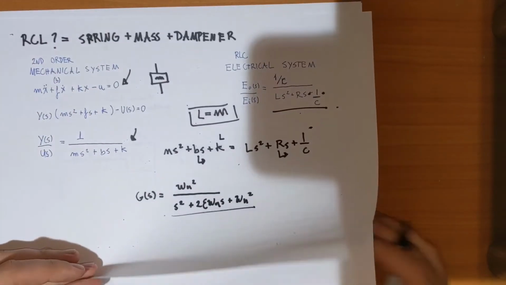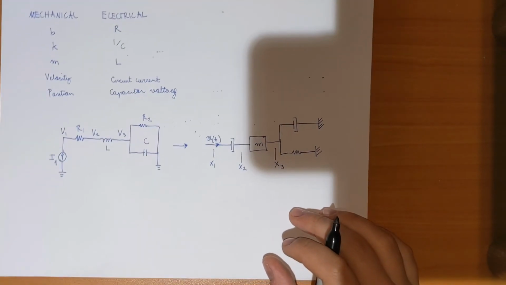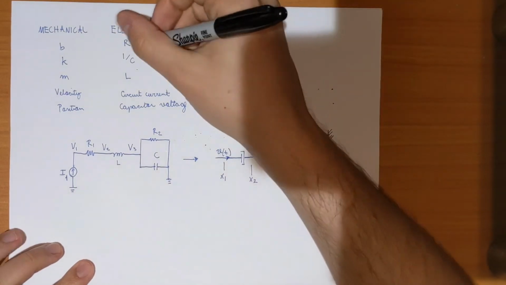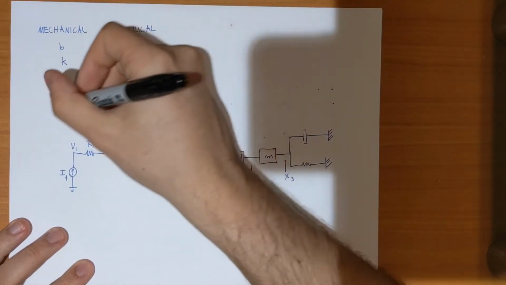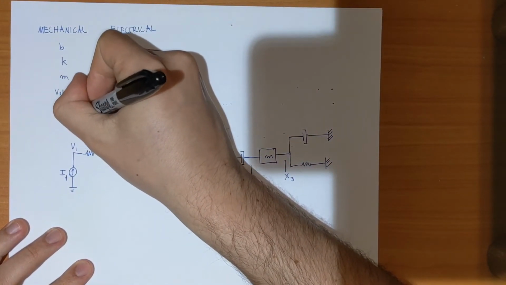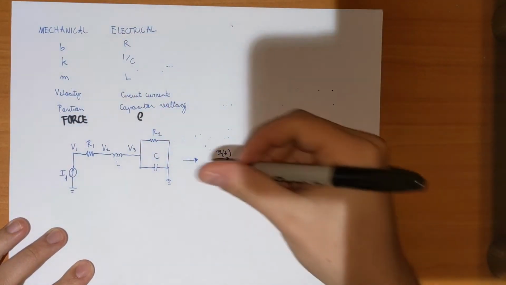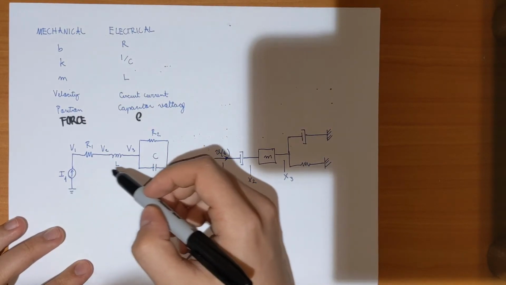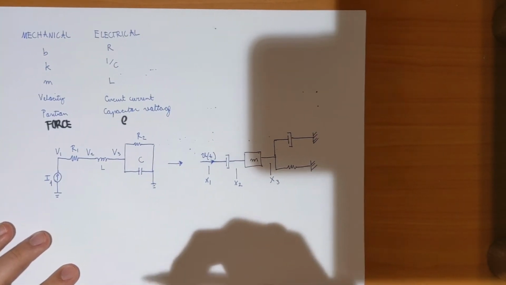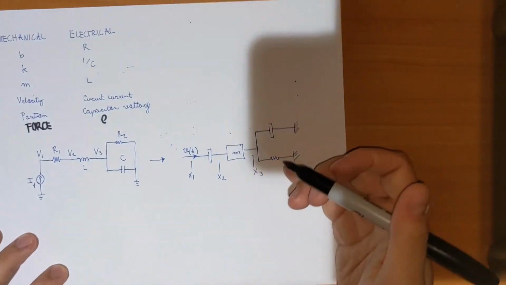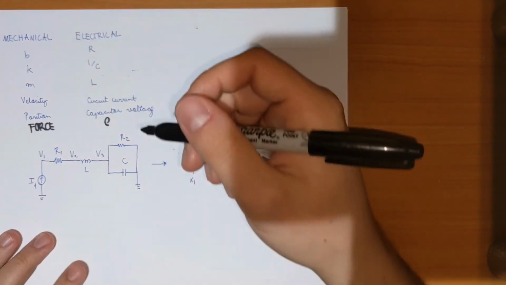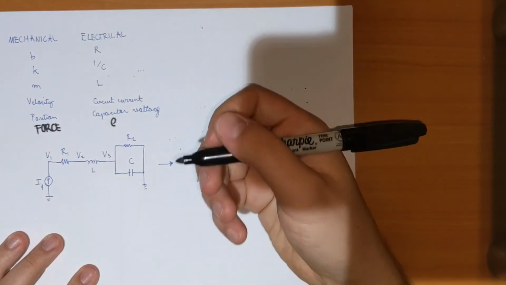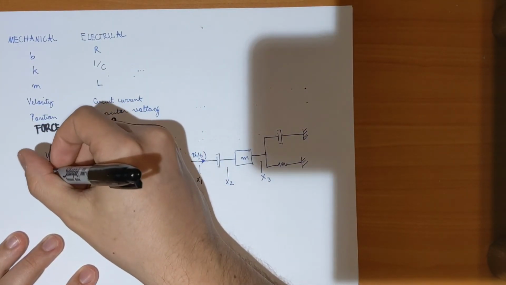So if we have a quick example here, here's our completed table. We're missing here force, which is the voltage. But let's say you have this RLC system, you can directly convert it to an analogous mechanical system. So how would you do this? So first we have